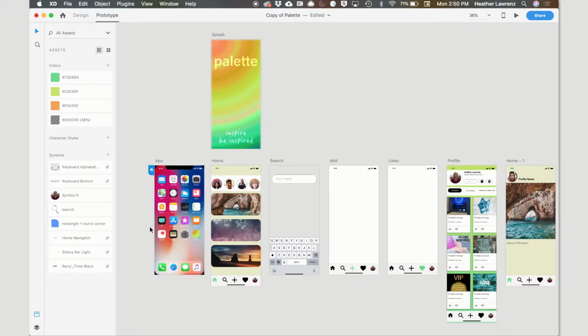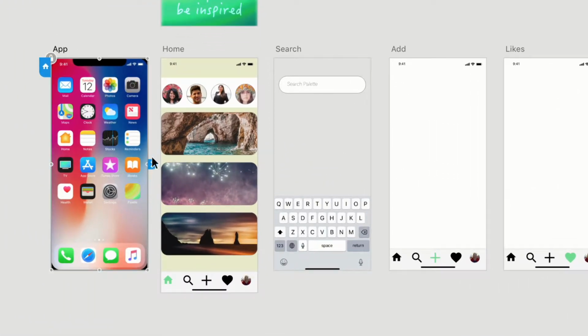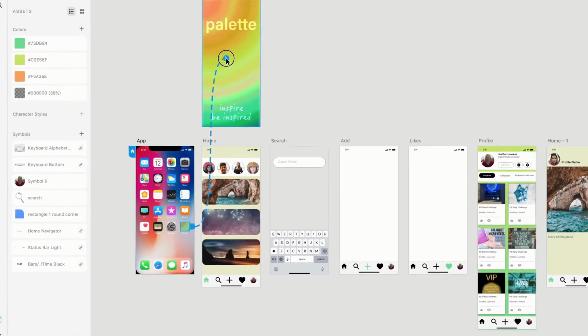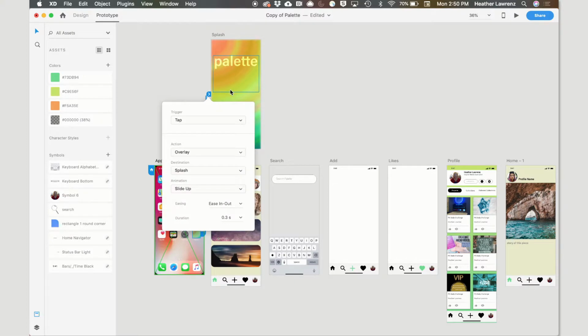So then to begin wireframing things in, I just select the entire artboard or the icon, and you can see I get these little blue arrows. That's what I'm going to drag to the screens that I want to create interaction. So I'm going to drag from that app screen to the splash screen,